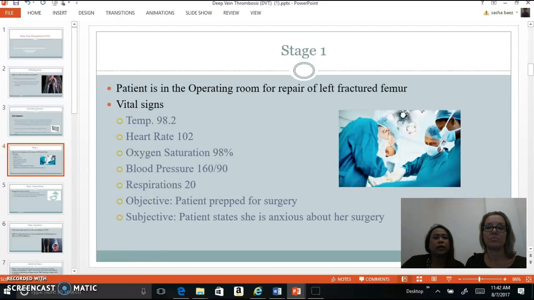As per stage 1, patient A is in the OR for a repair of the left fractured femur. Her vital signs: temperature is 98.2, heart rate is 102, oxygen saturation is 98%, blood pressure is 160 over 90, and respiration is 20. Objective, patient is prepared for the operation, and subjective, the patient states that she is kind of anxious about